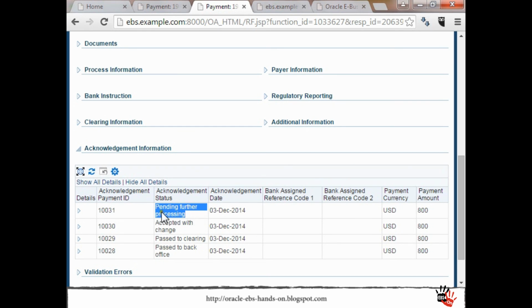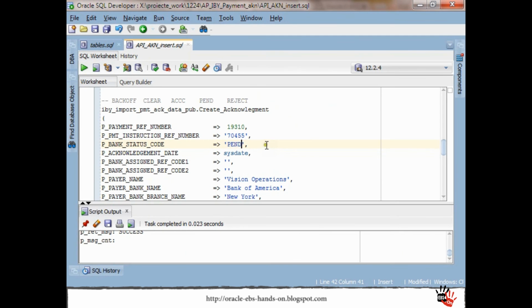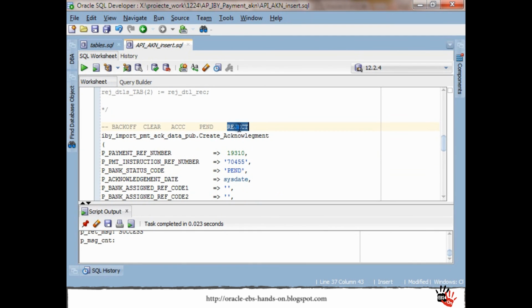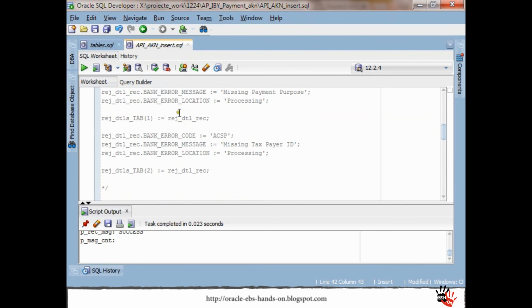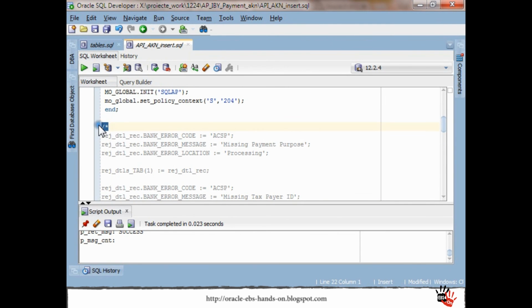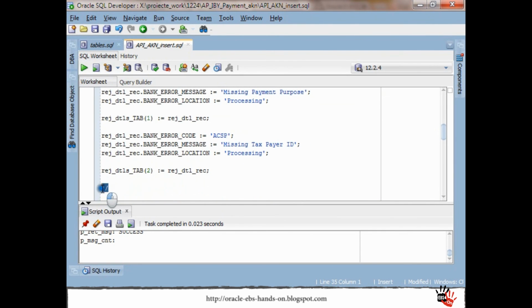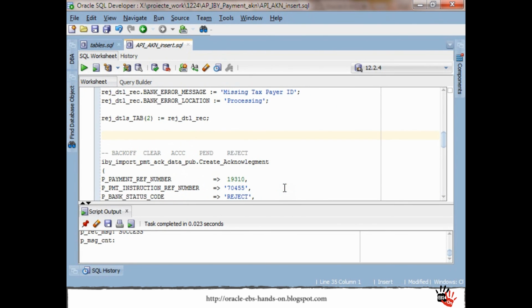So we can consider that pending further processing is related to this next step in the chain. Let's say that the payment is rejected, and in case it's rejected, I will also provide some details for the rejection, so you will be aware and you'll decide